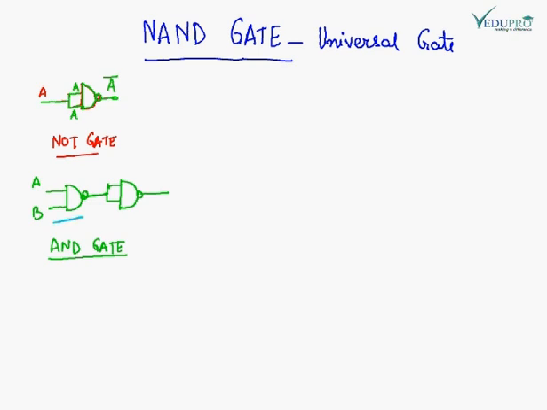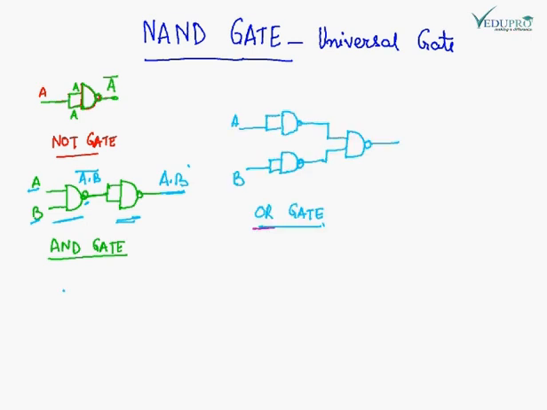This is the NAND gate. If a NAND gate is inverted, it becomes an AND gate. So a NOT gate is attached to a NAND gate, and at the output I will get the truth table of an AND gate. So A and B are the inputs here. Output of this will be A dot B slash, and here I will get A dot B, which is an AND gate.